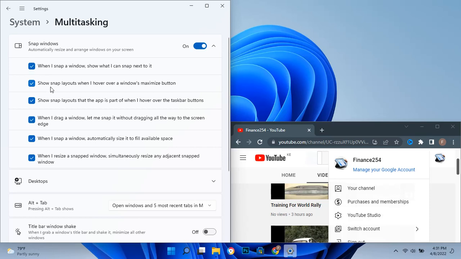We also have another feature here, show snap layouts when I hover over a window's maximize button. Then we have some other features like show snap layouts that the app is part of when I hover. You can either disable or enable these features depending on how you are using your laptop or your desktop. And that is simply how you can enable and disable the Snap Layout feature